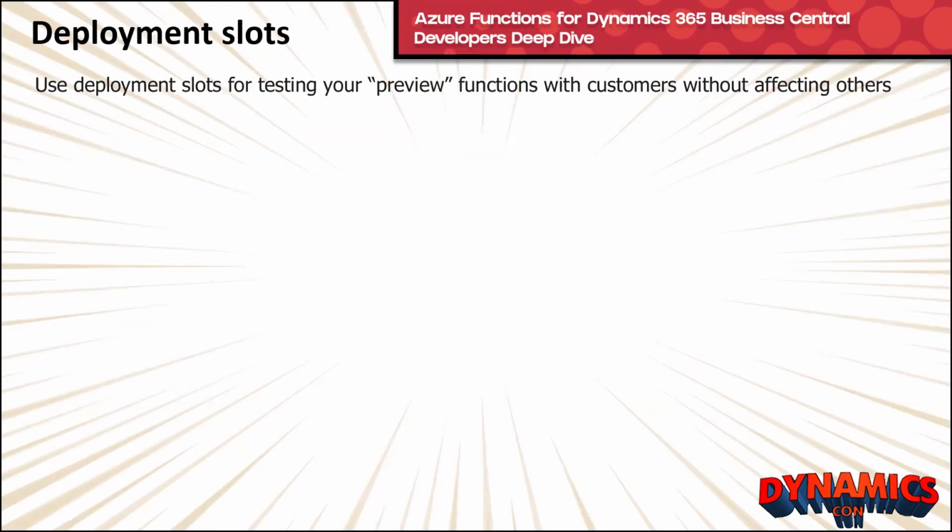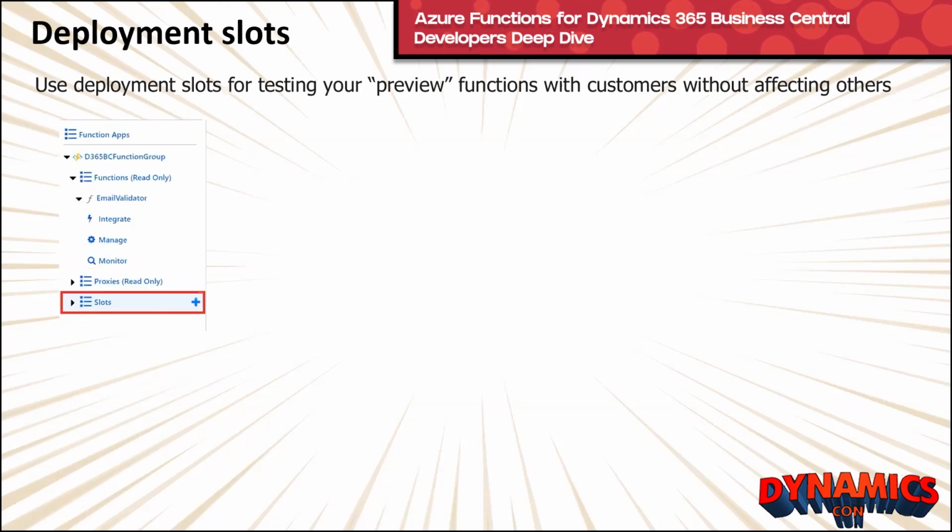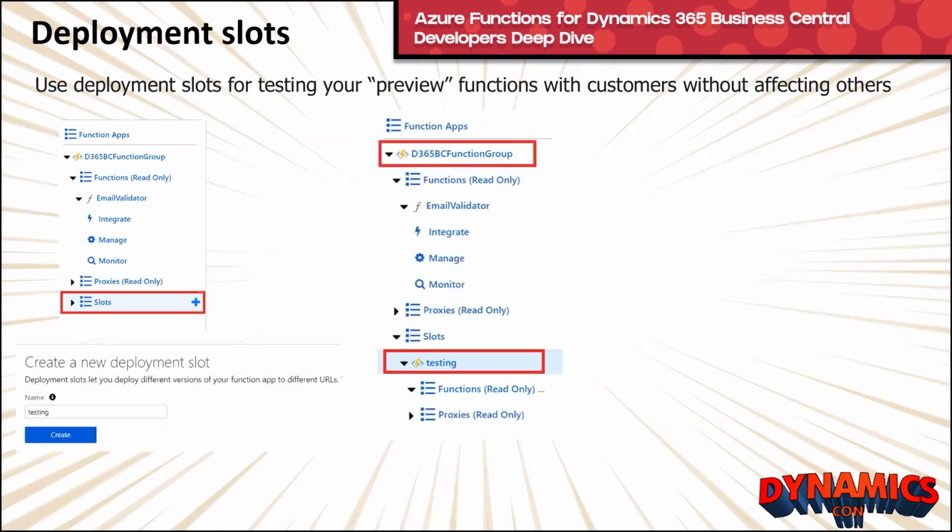Another trick that you can use is deployment slots. Deployment slots are used for testing your function. So when you create a function, normally this function is deployed directly in production. But maybe you don't want that because you are working on a new release of your function. You can simply go on the portal, create a new slot by clicking on slots, give it a name, for example, testing, and then deploy your new version of the function to the testing endpoint and not to the production. In this way, you can have